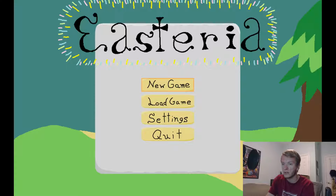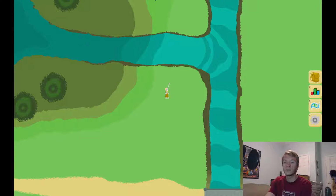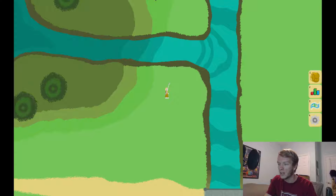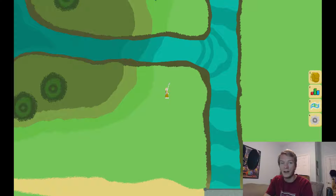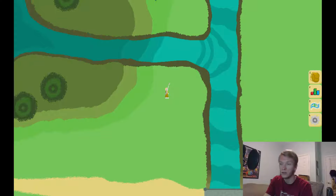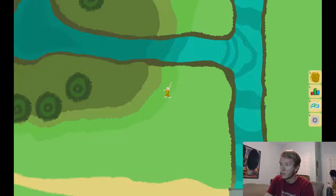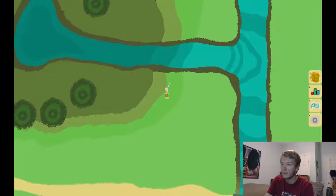So if we start the game up here, then I don't know if I have my sound on. I do. So if we start the game, right now I just have it hard-coded so that you start out here with a fishing rod in your hand. That's just kind of for the purposes of being convenient for bug testing. But as I mentioned, I am working on the fishing update. So what we're going to do is we're actually going to wait until we can see a fish in the